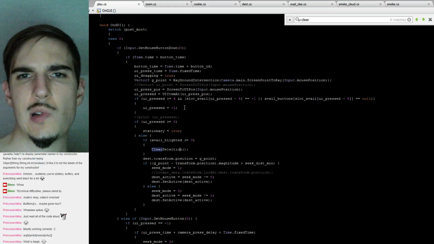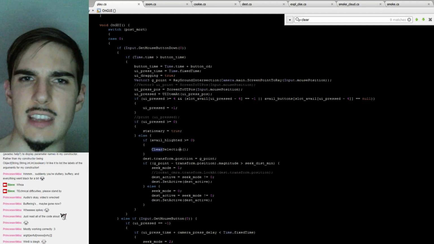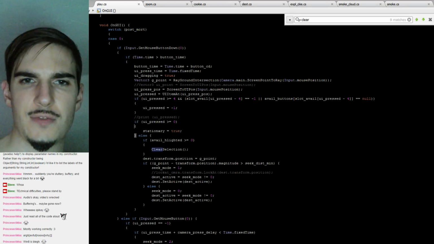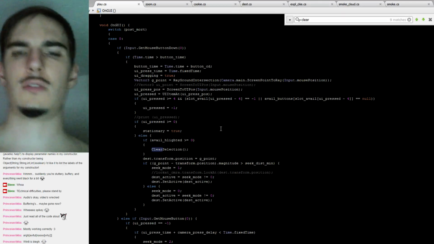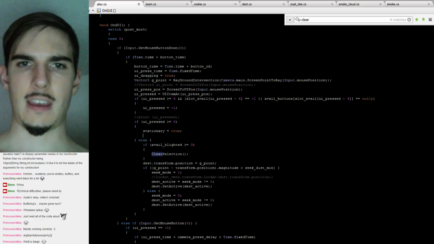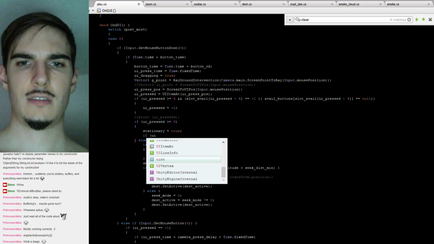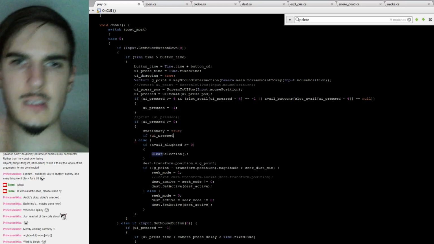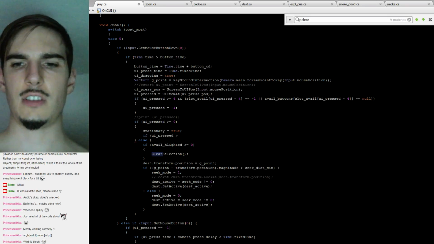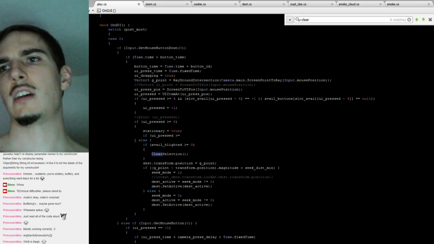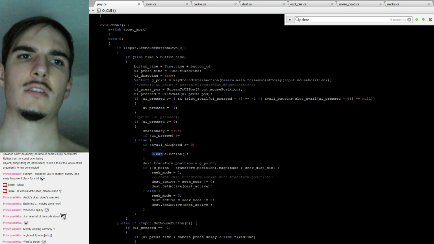So yeah, in the case that UI pressed is greater than or equal to 0, stationary equals true. Let's also say, if UI pressed is greater than or equal to